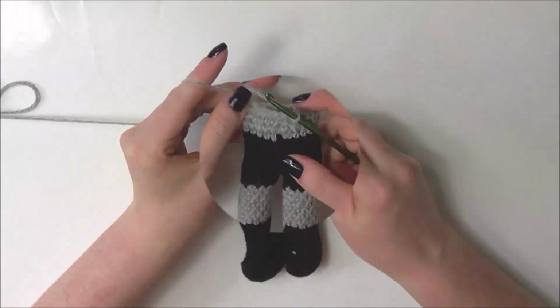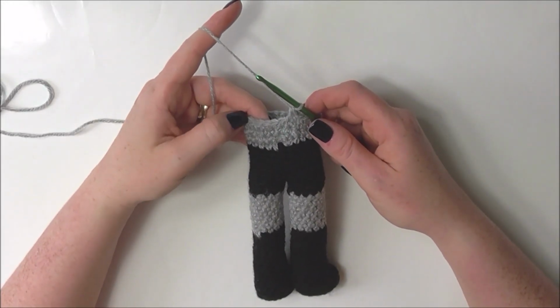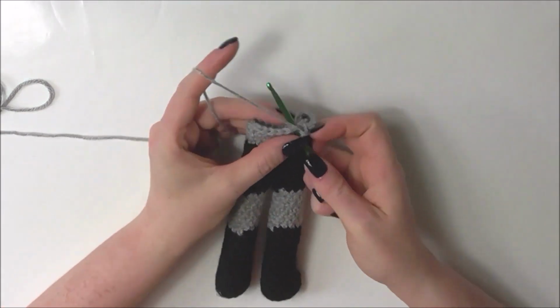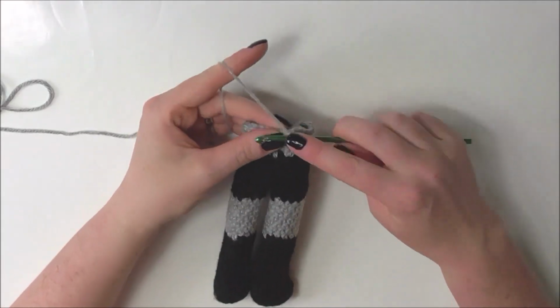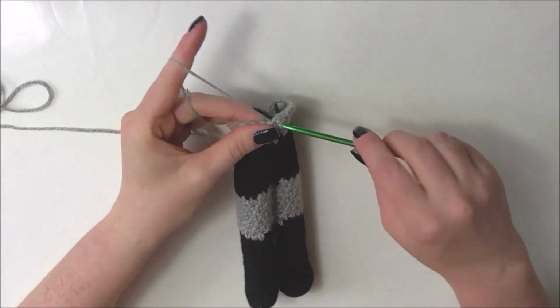We're now at another increase round and we're going to increase to 30 stitches, so we're going to single crochet 3 stitches and then do 2 single crochet in the following stitch 6 times. So single crochet 1, 2 and 3 and increase in the following stitch for 4 and 5,